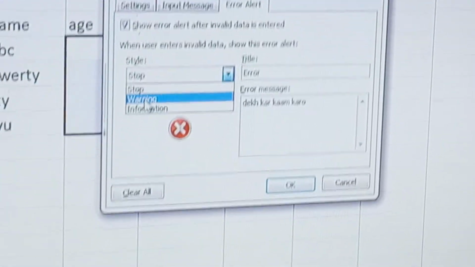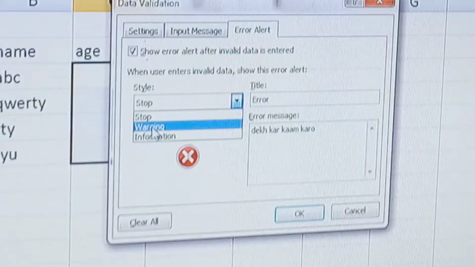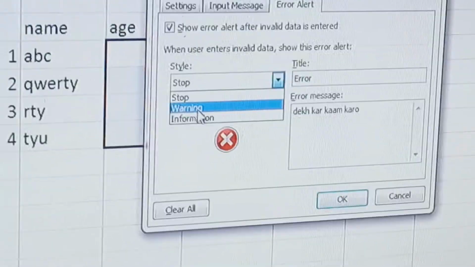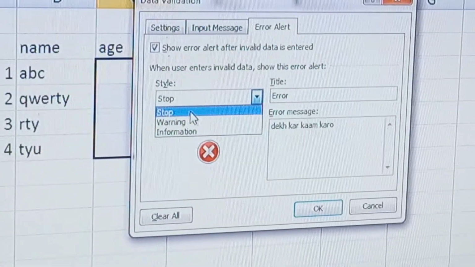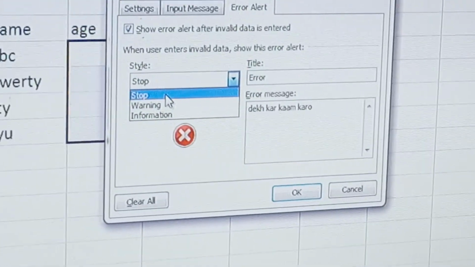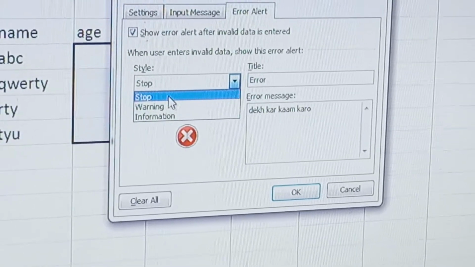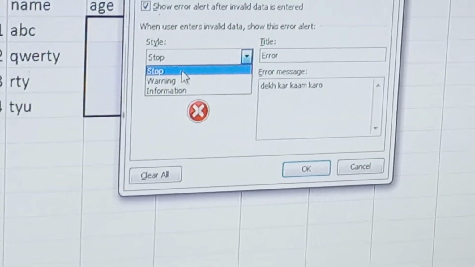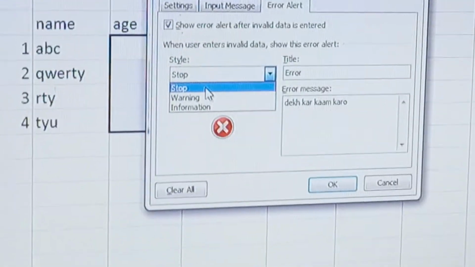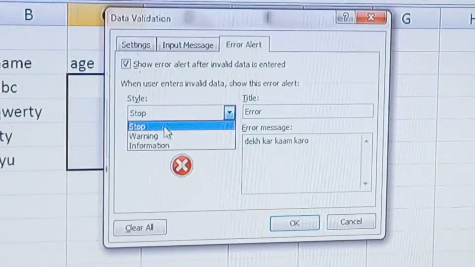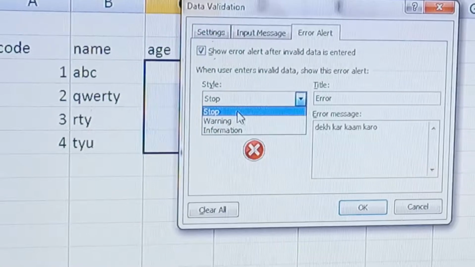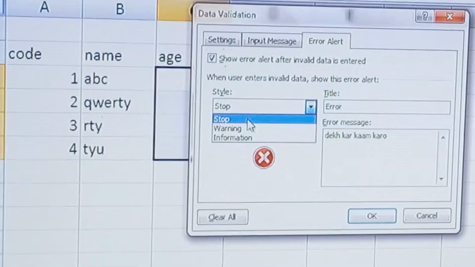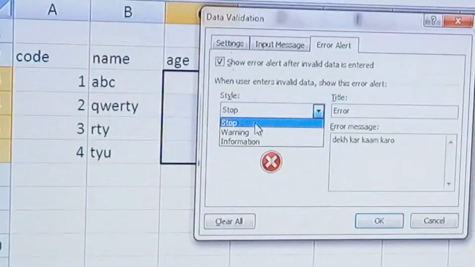If you press yes, it will accept the wrong value. If you press no, it rejects the value. And what is the meaning of stop? Stop means it cannot proceed until the correct value is entered. There is no concept of yes or no. If age is in between 21 to 35, it accepts the value, otherwise it asks for retry.